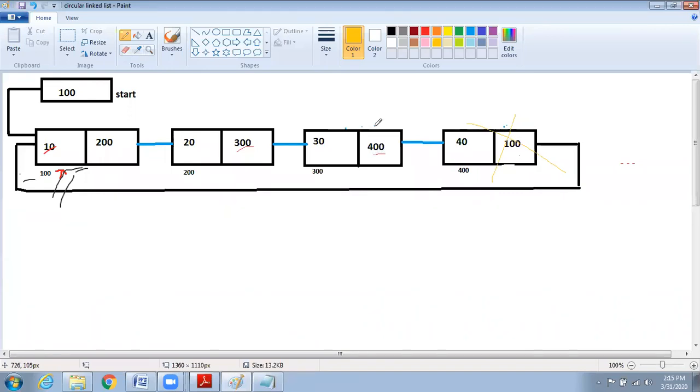So I need to track. While I'm tracking the last node, I have to track the previous node also. Correct, guys? Here we are touching the previous node also. We should know the details about the previous node also. Till now, we know how to reach the last node. But here we should know the previous node details also. So what we should do? Can we have one more variable to track that? That is what we are doing.